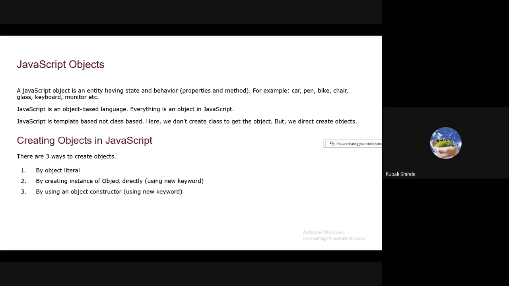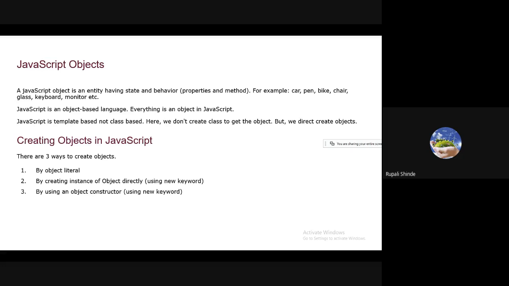Then JavaScript object, as we have seen various data types: object, array, date, function. It is nothing but the same concept. With JavaScript objects, we create the object, and by using that object we execute various methods. Everybody knows that when we deal with objects, a class should be there. But in JavaScript there is no need to create the class. Without a class we can create the object, execute the method, and create the website.